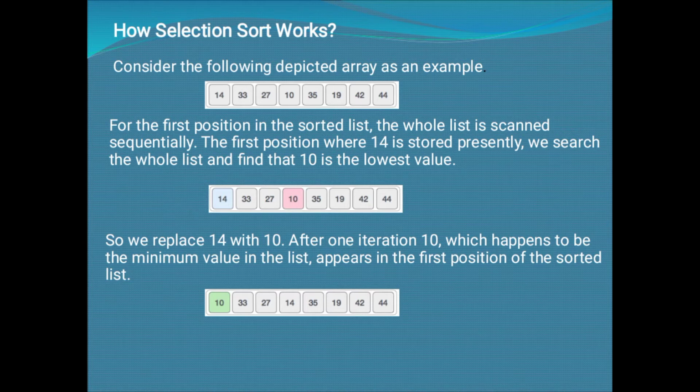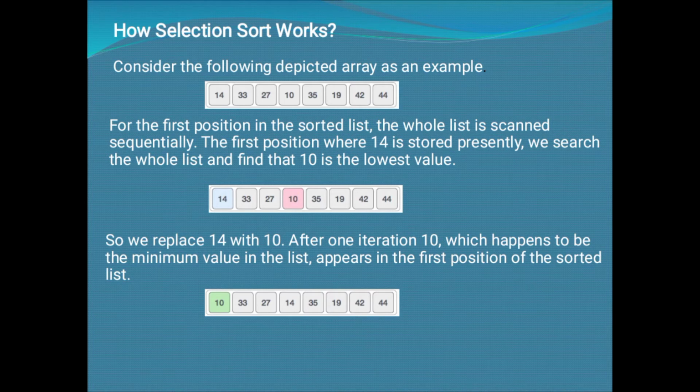It is at the third position. Since my array index starts with 0, 14 is at 0, 33 is at 1, 27 is at the second location and 10 is at the third location. So my least element is found at the third location and the element is 10.